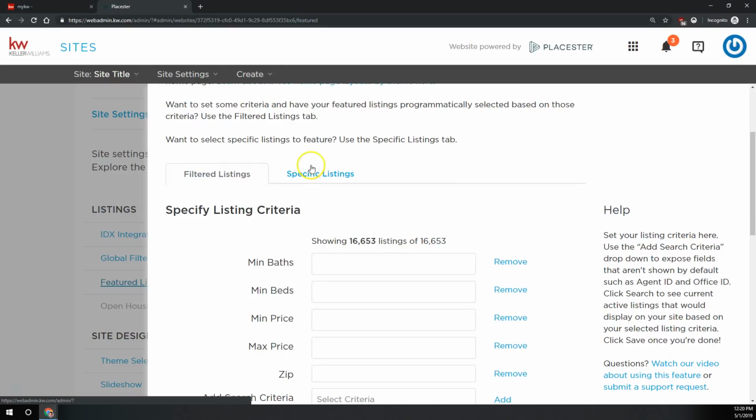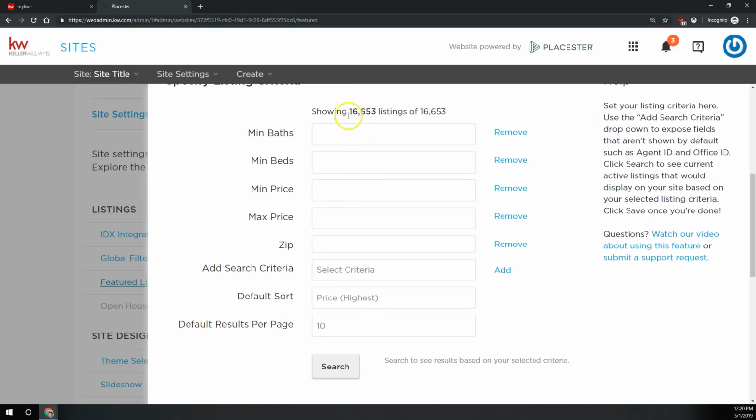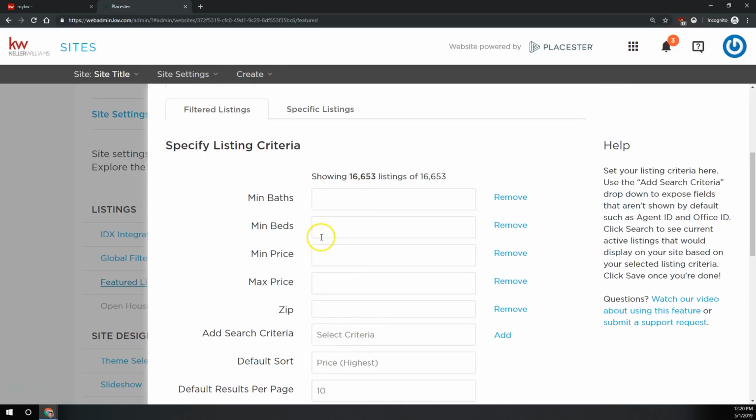Now, on this page, you have two options of ways to display listings on your home page. You have filtered listings, which is going to automatically take whatever criteria you set here and show those listings on the home page. And if they go off the market, it'll take them off. And if they come on the market, it'll add them to what shows on your home page,